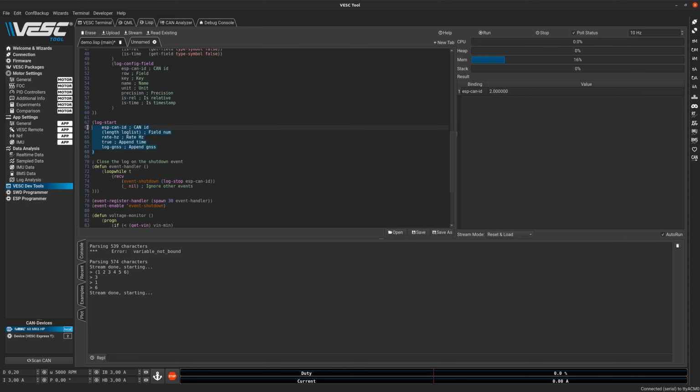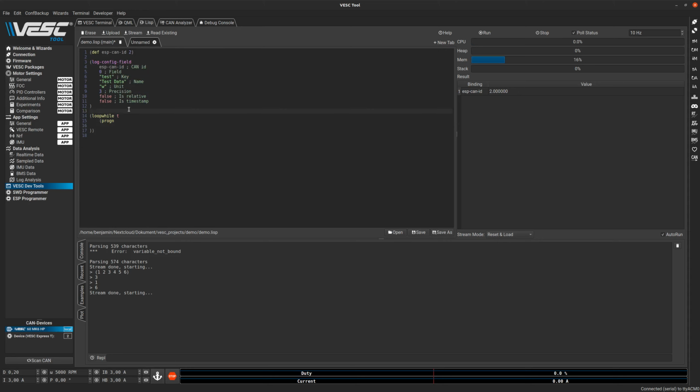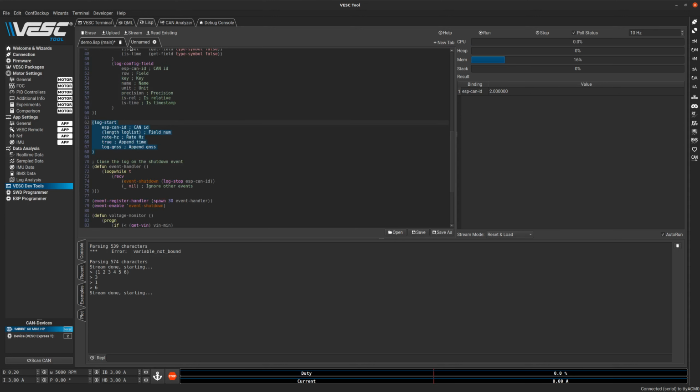Let me copy that one too. Let's suppose we do it at 20 Hertz. And this time we will write just one field to the log, and the CAN ID is defined up there, so we can use that here. And now we configure one field and start the log, and then we want to populate the log, and then there is this